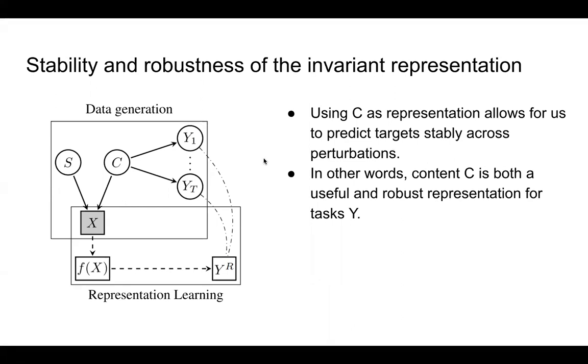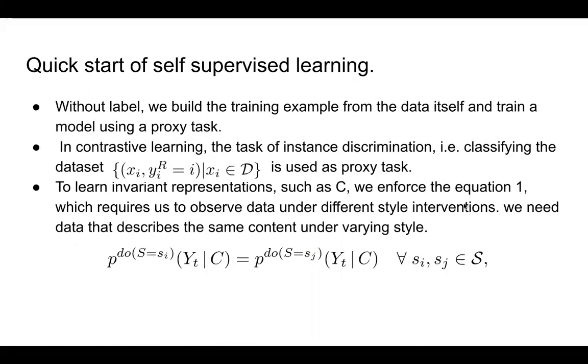Okay. Then we do a quick recap of self-supervised learning. Self-supervised learning is that without labels, we build our training examples from the data by ourselves, and then we train a model using a so-called proxy task, so we can pre-train a model or learn some representations of the data. And one popular